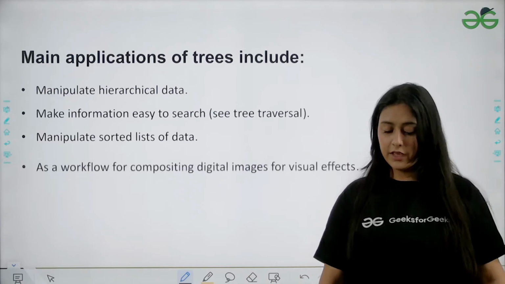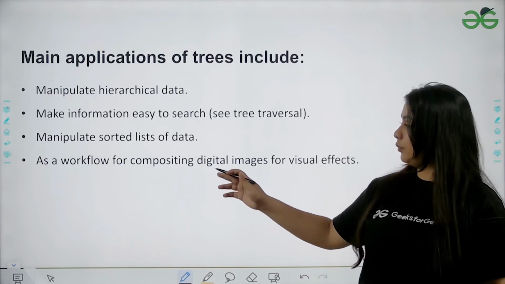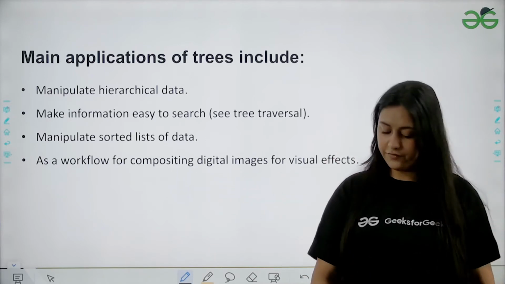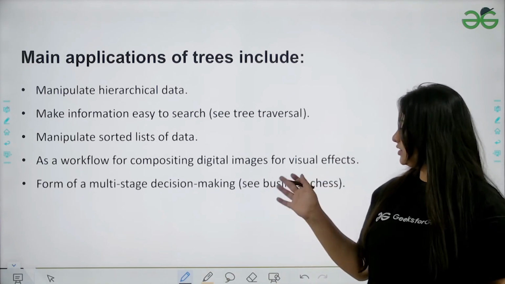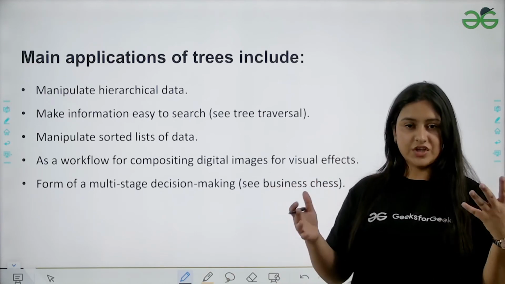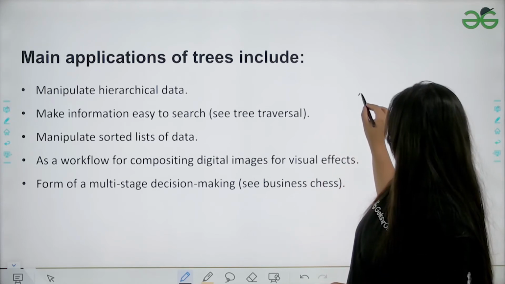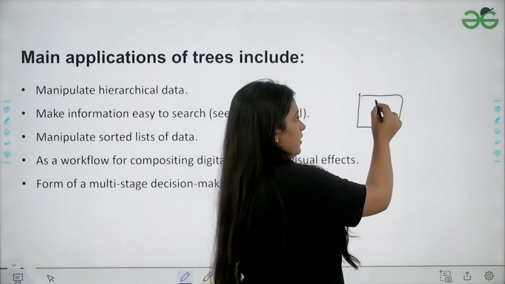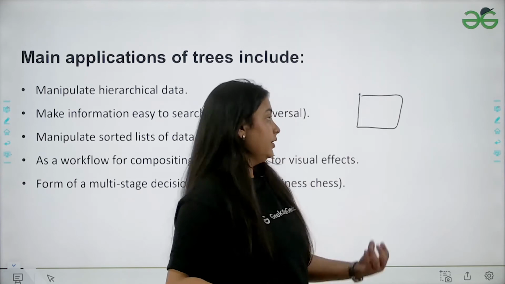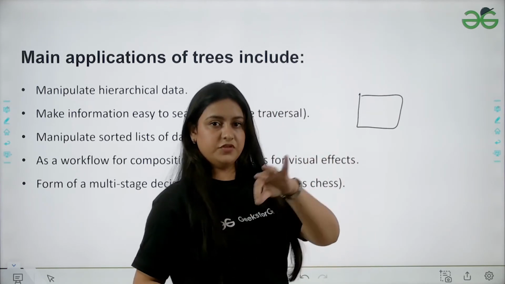Next is as a workflow for compositing digital images for visual effects, and the last is forming multi-stage decision making. See, this is chess. If you talk about chess, a pawn, an elephant, or a horse has multiple options to move, right?